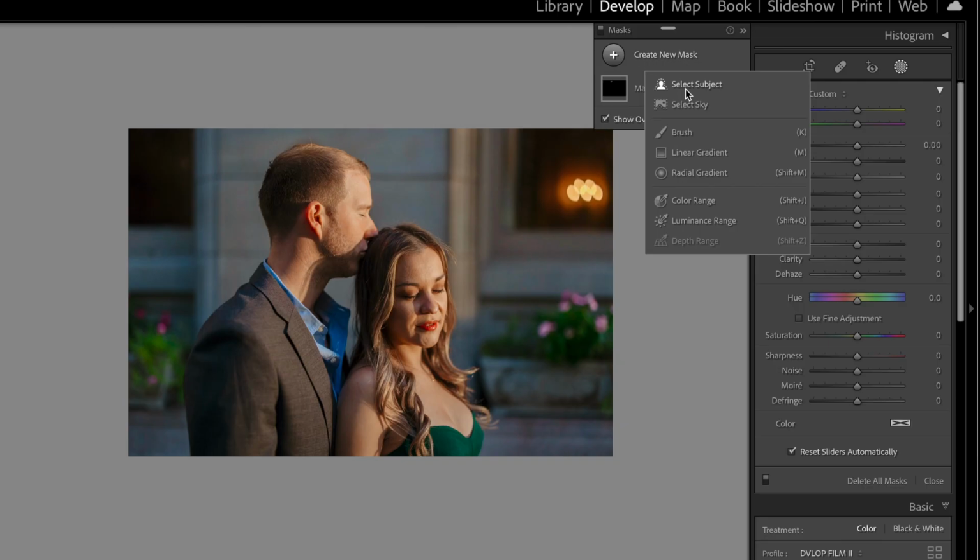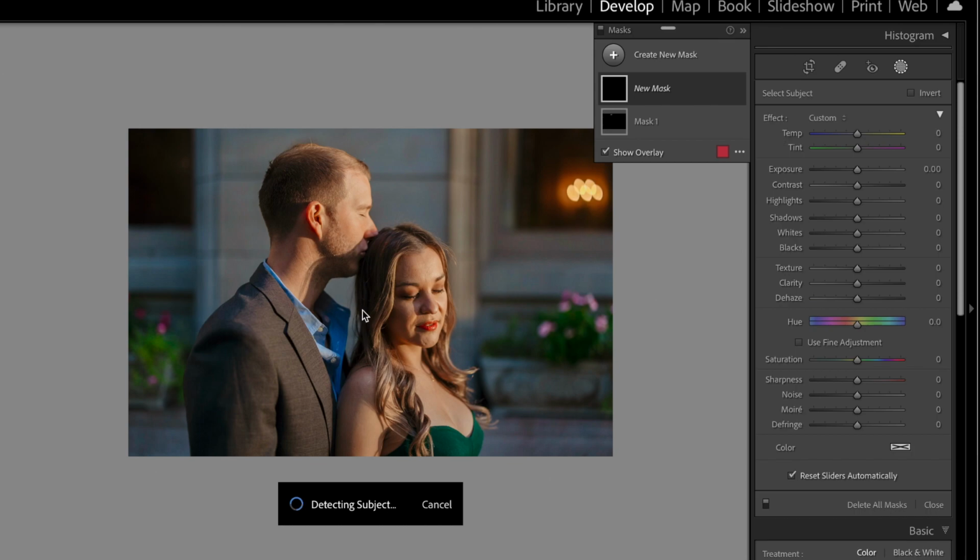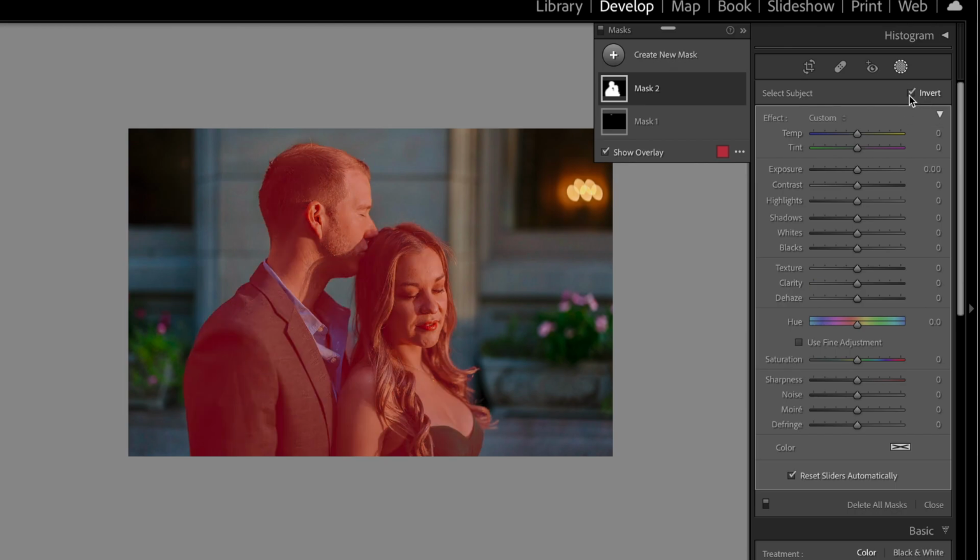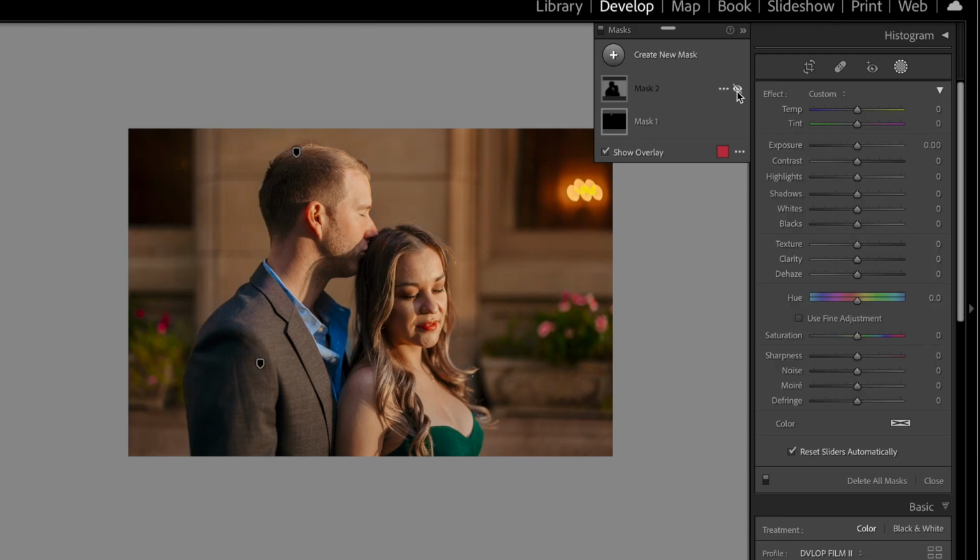Another practical solution that I wanted to share is you can create a mask, select subject. In this example, I feel like the background is just too blue. So all I want to do is warm up the background. Literally just invert selection and warm it up so that I think it matches the tone of their skin. So if I turn off that mask, you can see that the background just matches the tone of their skin